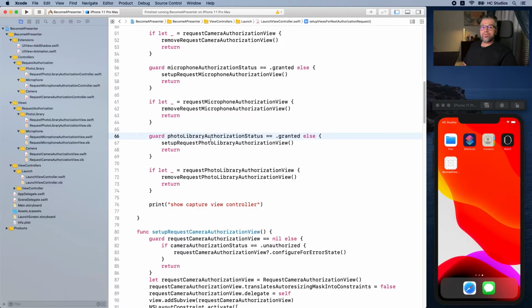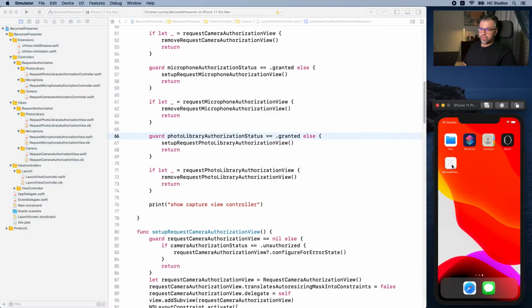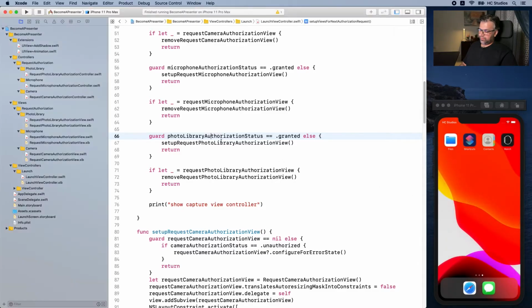Next, we need to do a simple test where we grant the camera permission and microphone permission, but don't allow the photo library, and check whether our view is in an error condition or not. So let's go ahead and do that. Going to delete the application,